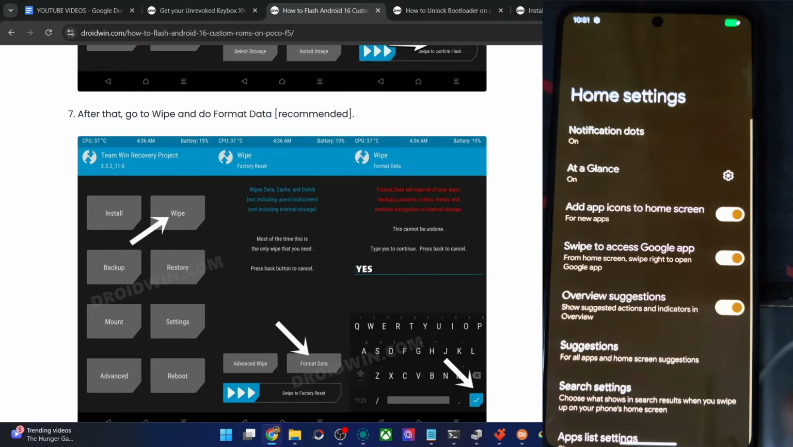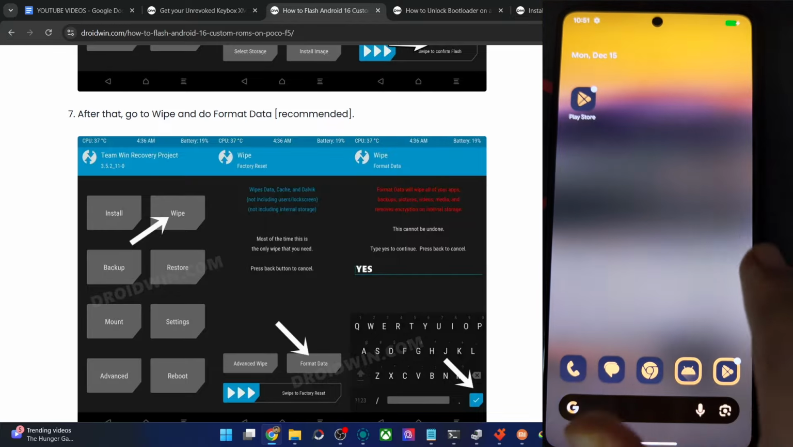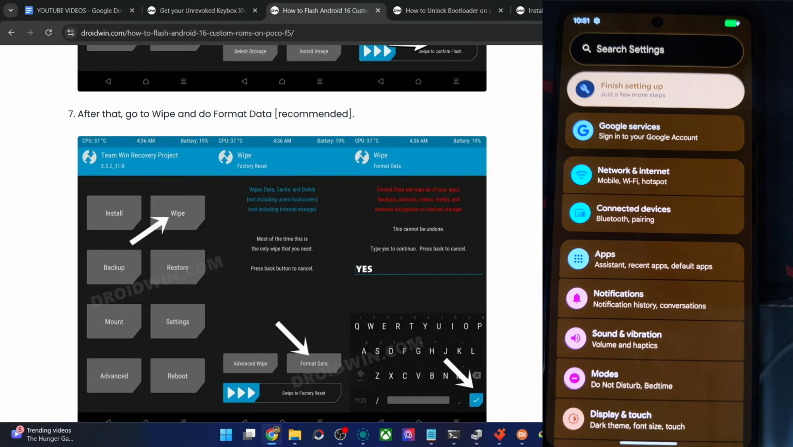Then widgets, home settings, it's the Pixel launcher, so you may carry out the required tools from here. And that is just about it. So the normal flashing is recommended for this ROM. Simply flash the ROM. After flashing, format the data and